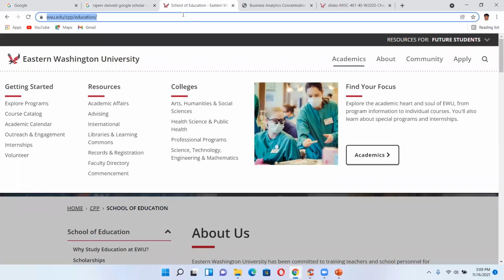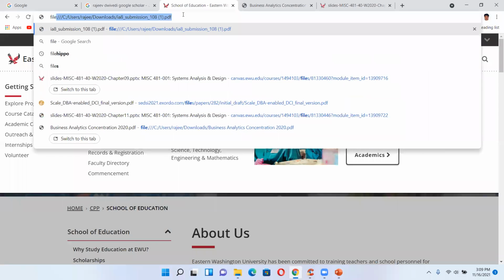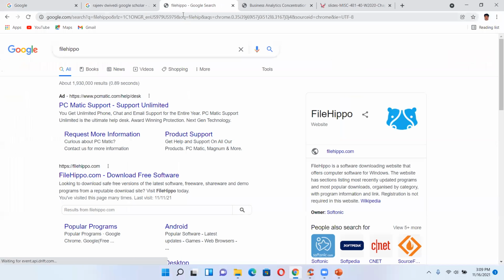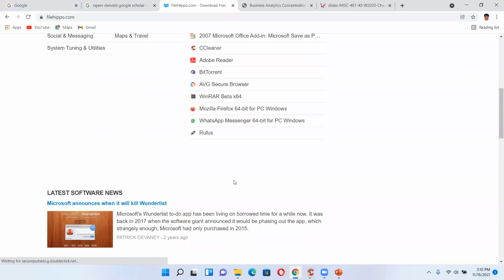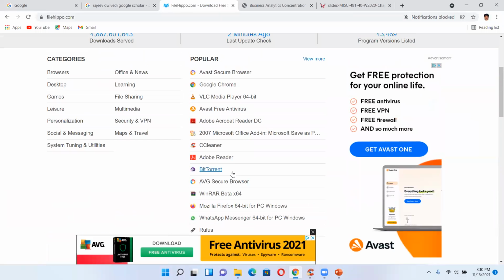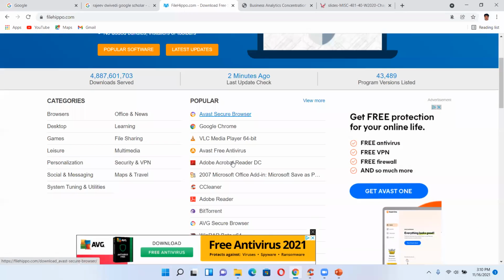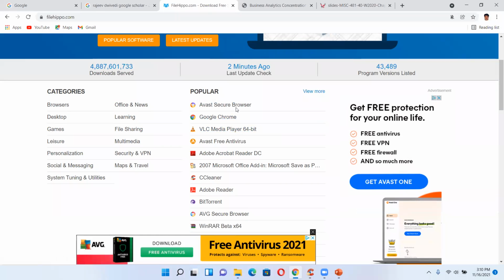So if I can see the FileHippo to show you some of the beta version software, I don't see any here. But this is my favorite website. Whenever I want to use any software, I get it here free.